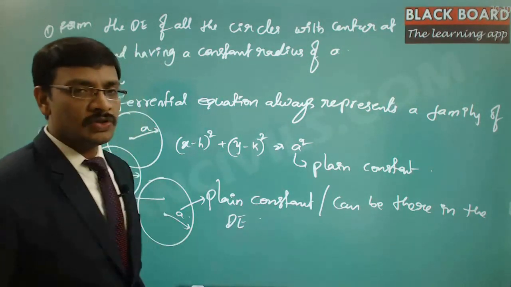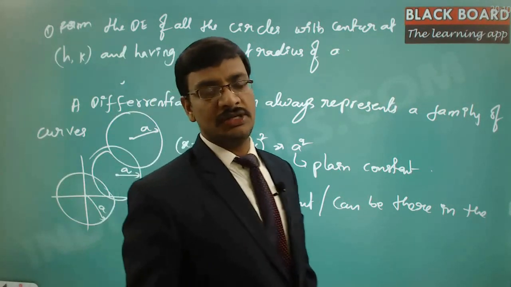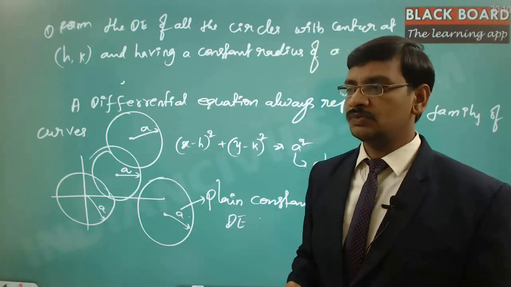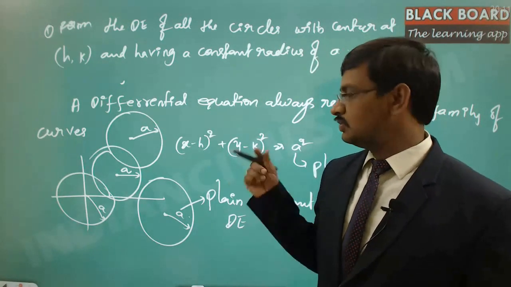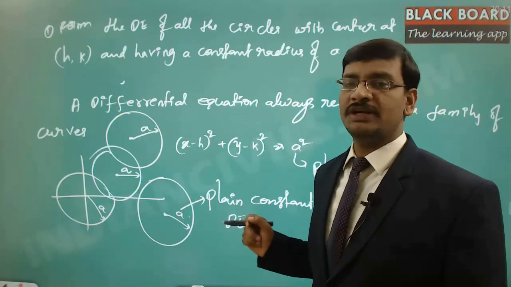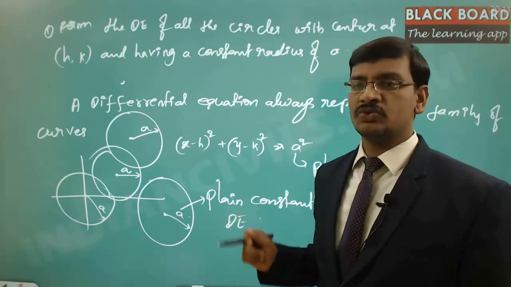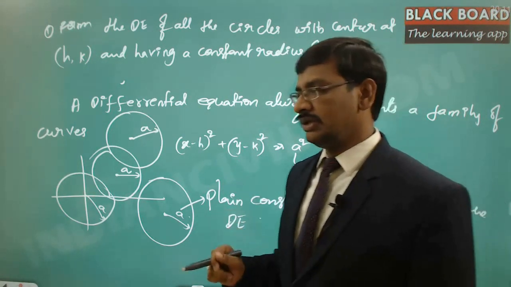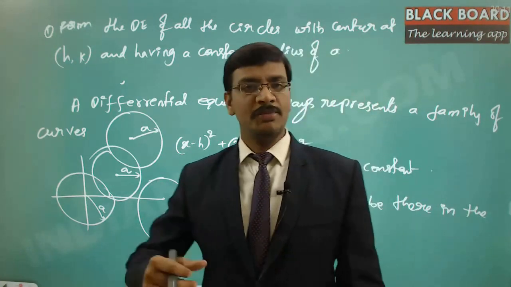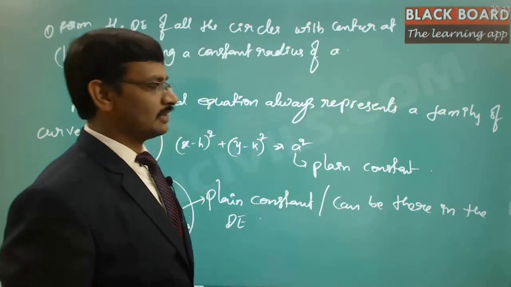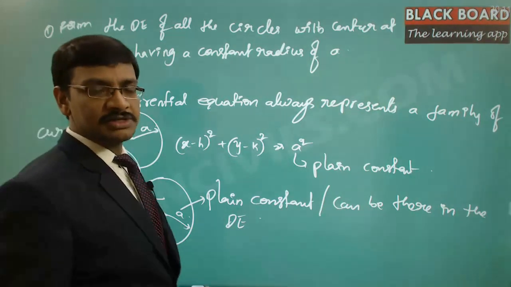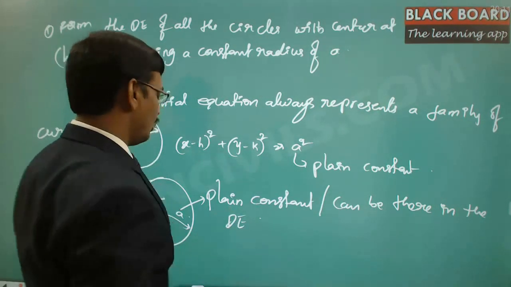But the arbitrary constants are the parameters which you are going to change, and those changes will reflect in different curves. Each change corresponds to a different curve. So whenever we talk about a family of curves, the family of curves needs to be replaced by a differential equation by eliminating the arbitrary constant.